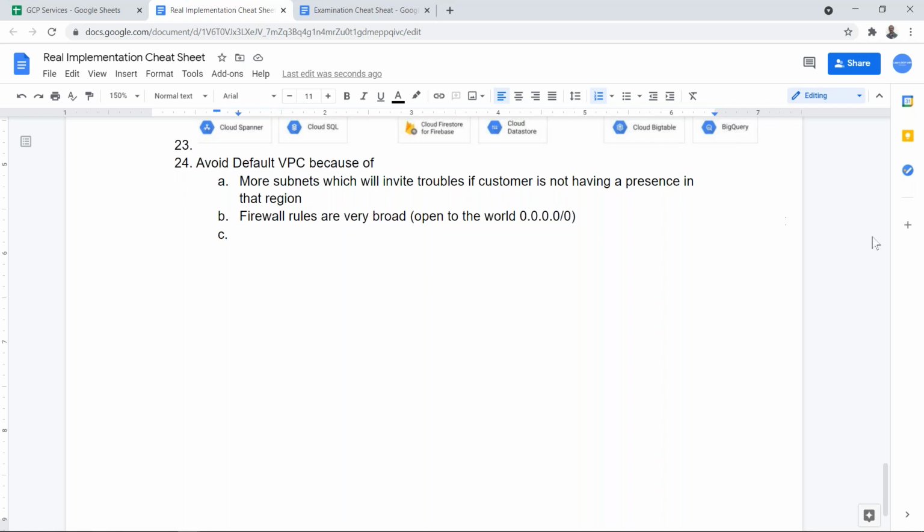Anything else you can think of? Subnetwork size small, I can definitely make it. IP restriction. Also, if you look into your GCP project, your default VPC is going to be hard coded. The range is going to be the same for every default VPC. Always, the IP range is a class A IP range,